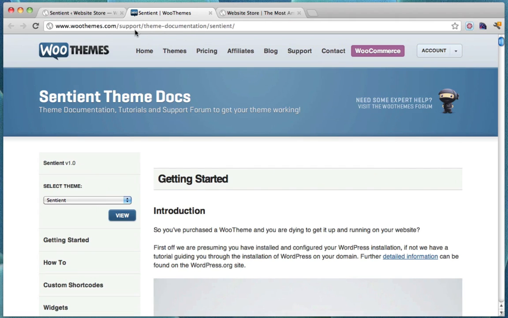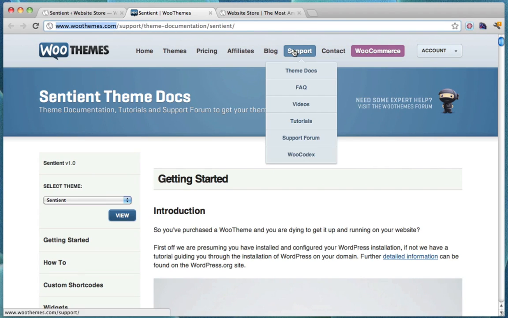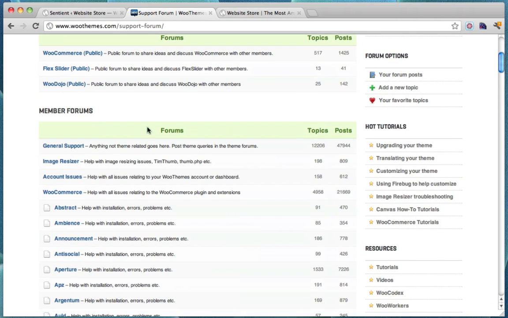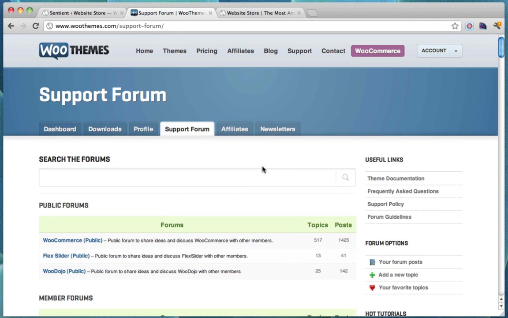If you also go to the woofoo.com website, there's support. So you go to support and you can go to the support form. And this will allow you to ask any questions that you have. And since you bought it, you get free support